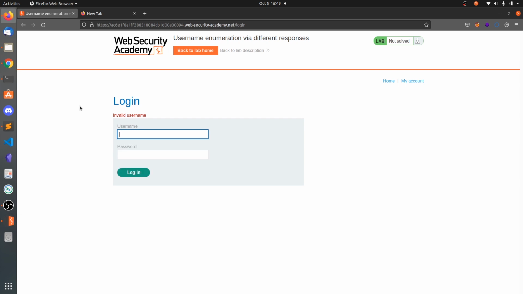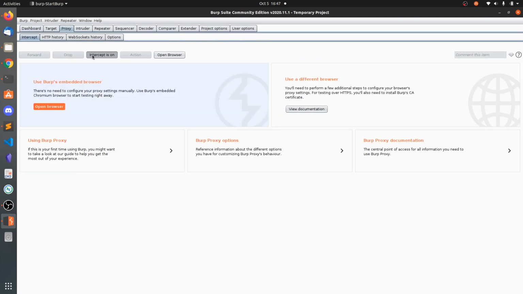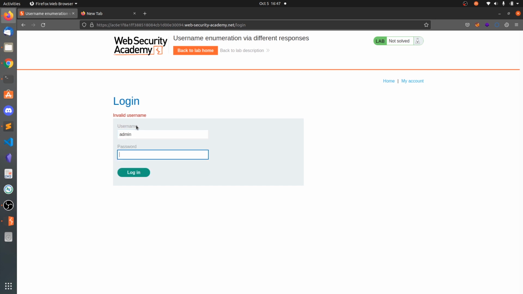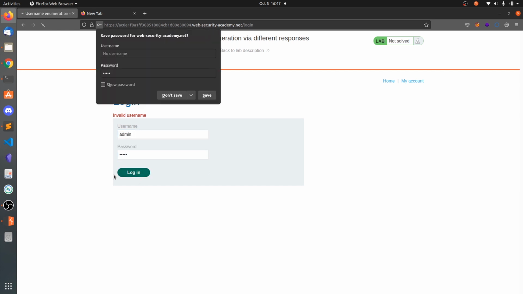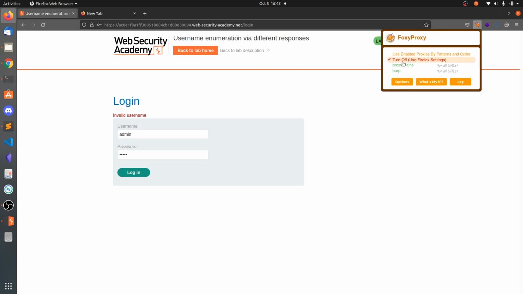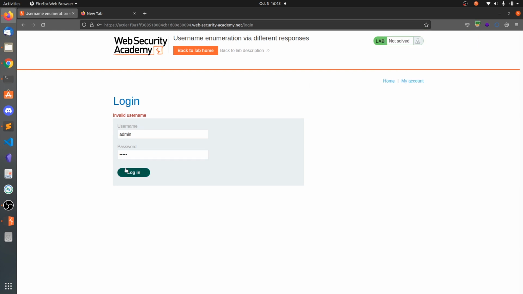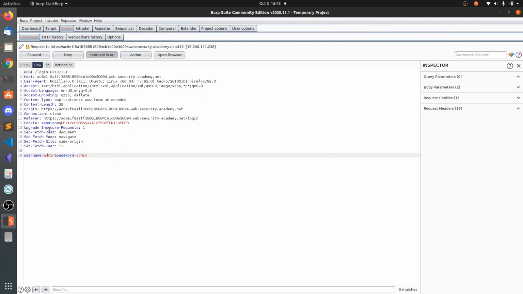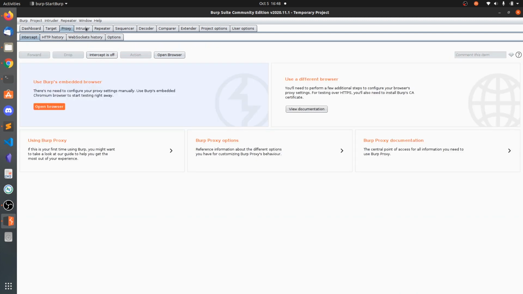So okay, let's grab this in Burp, intercept on. So admin and admin, click on login. Sorry, I did not choose this proxy. Click on login, and you should see the request. So send this to repeater and send this to intruder. So the username is equal to admin and password is equal to admin, and it is a POST request to /login. So click on intercept off and let's go to intruder.